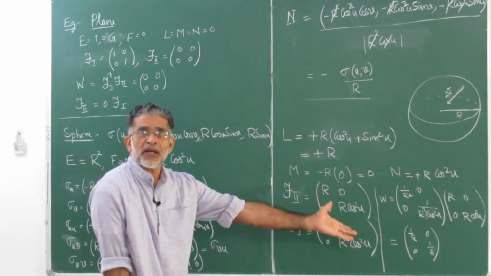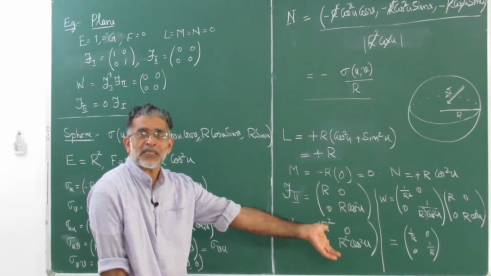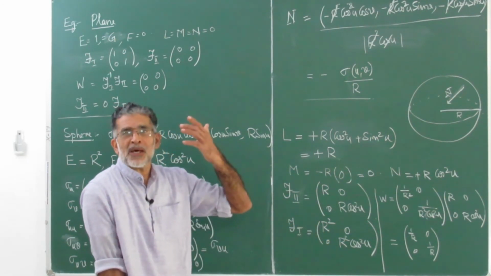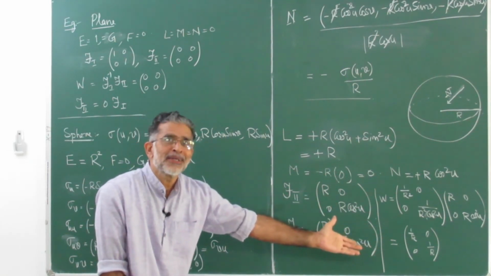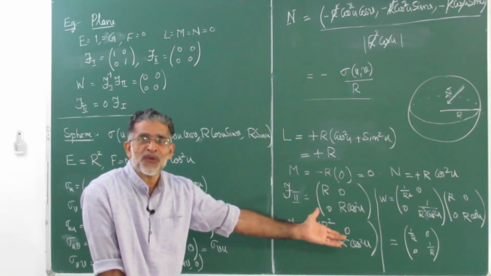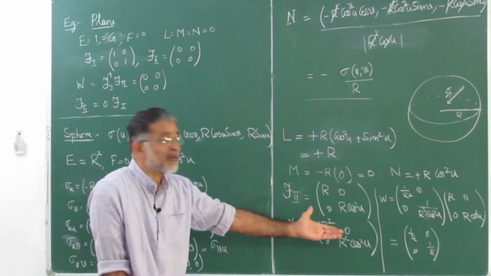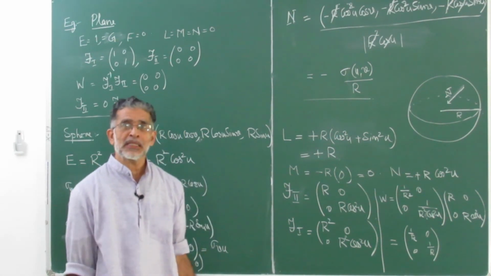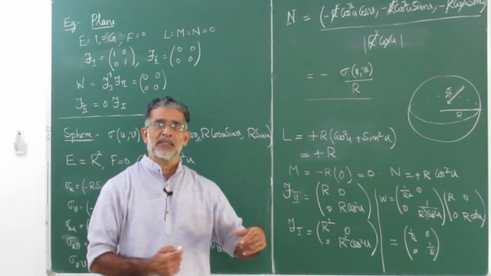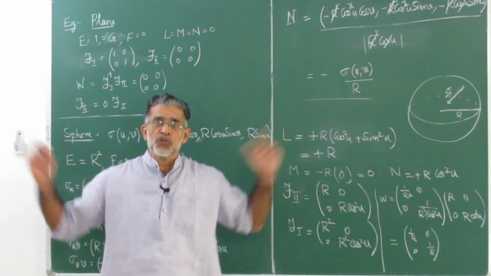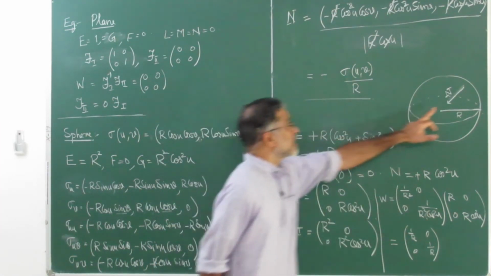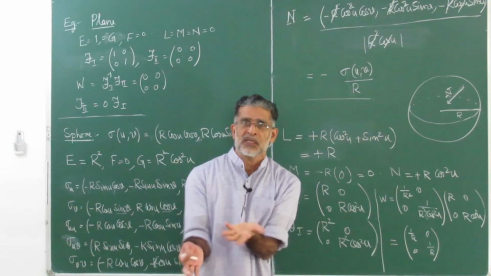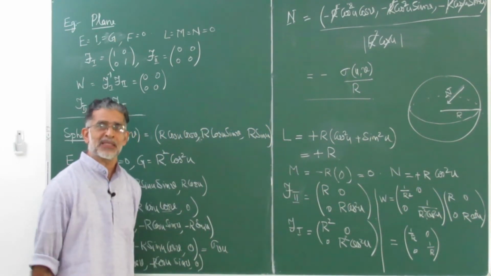It's already a diagonal matrix, so its eigenvalues are precisely 1 upon R, and they are supposed to be the curving. I mean, if you remember the circle, curvature of the circle, you can explicitly see the same thing happens on the sphere. Same 1 upon R comes as the curvature. It's positive because you are taking inward normal, and therefore the surface is curving towards you. If you are standing inside the sphere, the surface curves towards you. That's because you took the inward normal. If you have taken outer normal, everything becomes negative. There is not much of a difference. Everything will become minus. That's all.